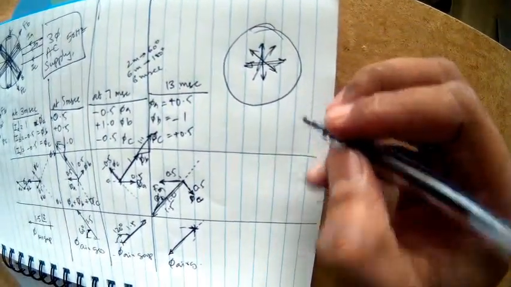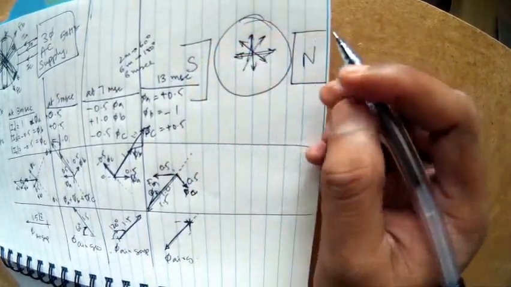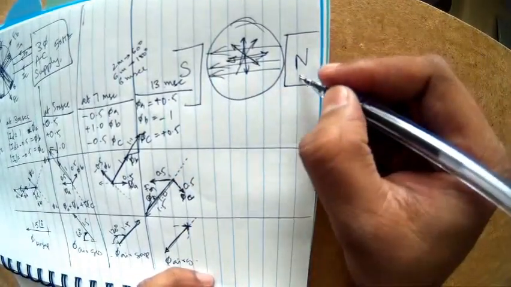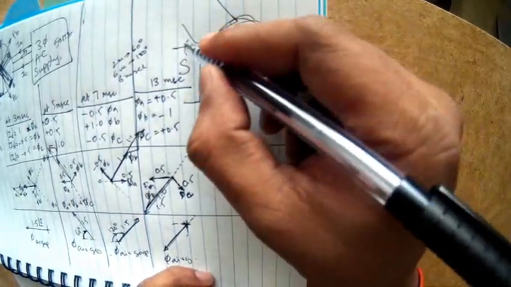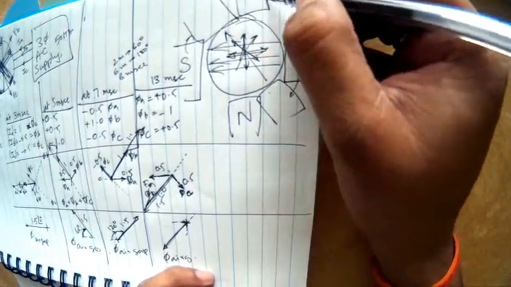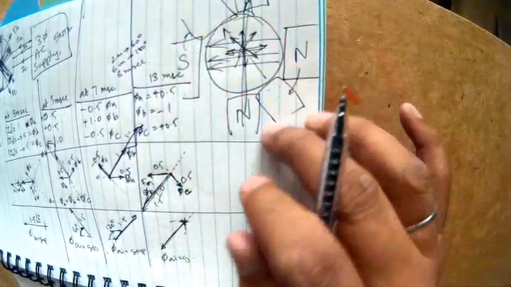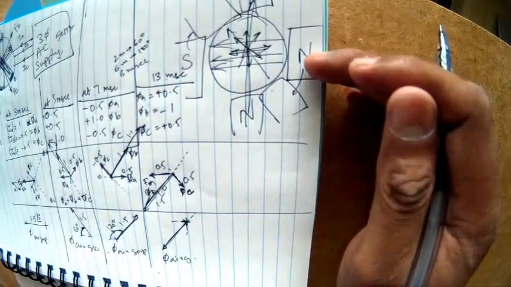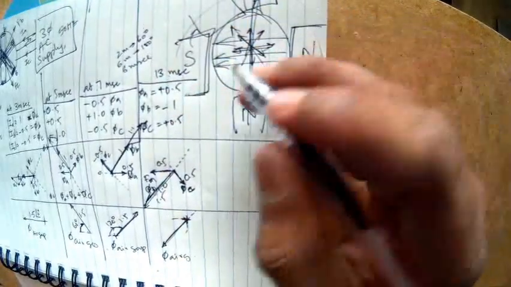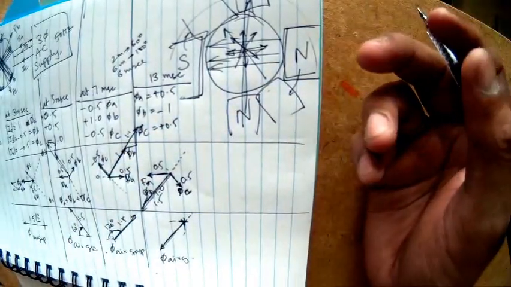Now imagine that there is a giant north pole here and a giant south pole here. What is the magnetic field? North pole to south pole. Now as if the north pole has rotated here and the south pole also rotated by 60 degrees, then this will be the magnetic field. Then again north pole is coming here, south pole is coming here, then again the magnetic field is down to up. So the magnetic field is behaving as if an imaginary north pole and an imaginary south pole are rotating around the stator. There are no imaginary poles. It is all the effect created by the time varying currents in the three phase windings.